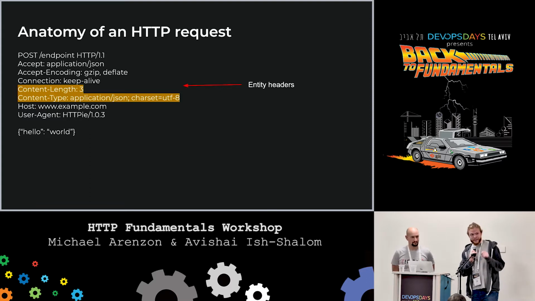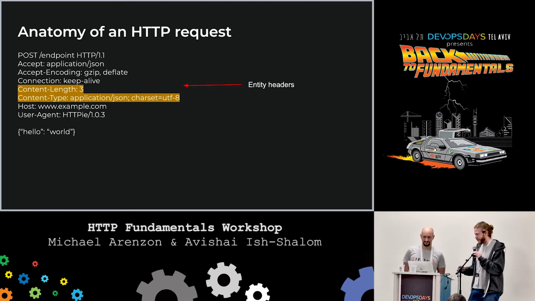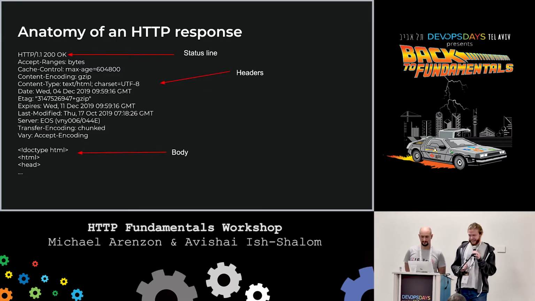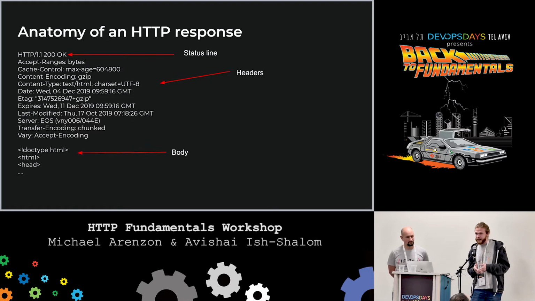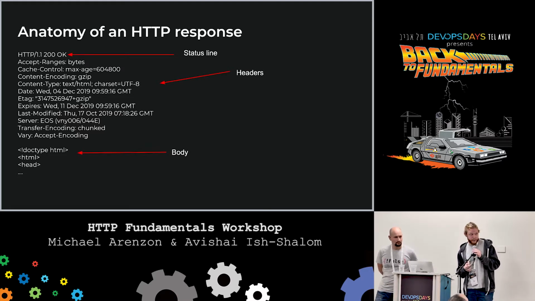I wanted to keep it as an open question because we're going to handle the same issue in a workshop on the hands-on part. Let's look a bit at how the response actually looks. The server is saying back, hey, I'm still talking in the same protocol, and I'm giving you now a status code. The status code identifies how the response behaves. In this example, we can see that the request went fine, and we got 200